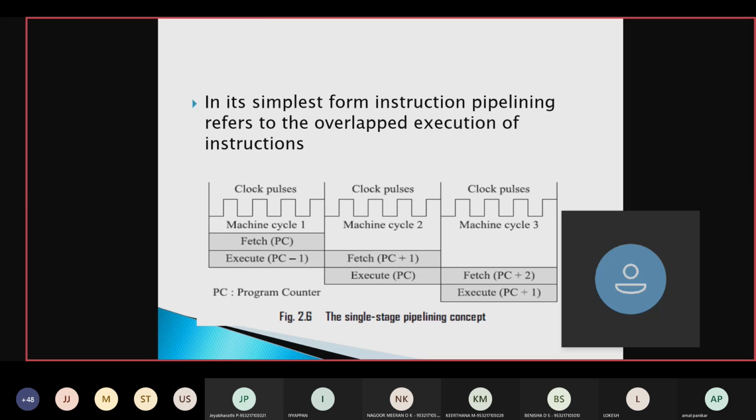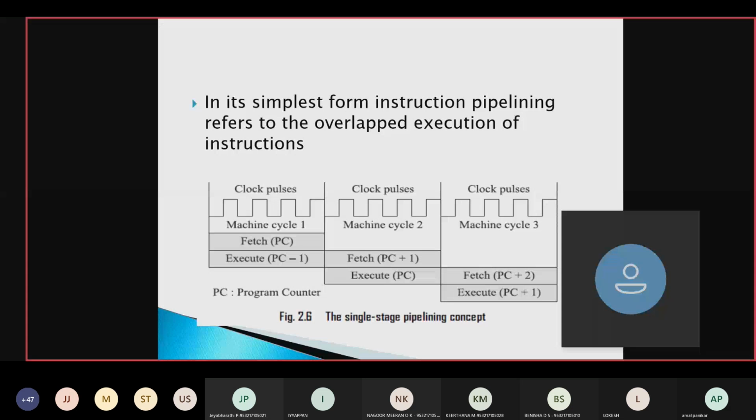But if I go for pipelining, why? Because whenever it is fetching the data, in the normal CISC processor there is only one memory and one shared address line. So the address lines and buses are very busy, and that's why it needs to wait. After fetching, it needs to wait for the decoding, and after decoding, it needs to wait for the execution, like that.